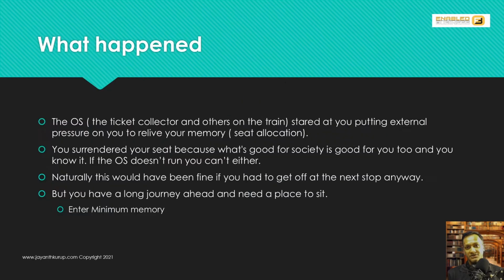Now, the other option is when you go ahead and look at it in the viewpoint of reserved seats. So, say for example, you go to a train, you have a metro, and there's a bogie or there's like a set of seats reserved only for ladies, right? So let's assume now you dress up as a lady and you go sit on that seat. Now again, you're going on a long journey, everybody's doing the thing, and a baby or a child or someone walks up and there's no seat available. Now in this case, what happens is that the other passengers are not really going to stare at you, because before they start staring at the lady to relinquish the seat, they're probably going to look for a gentleman to